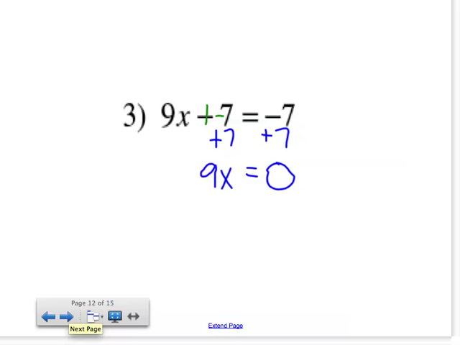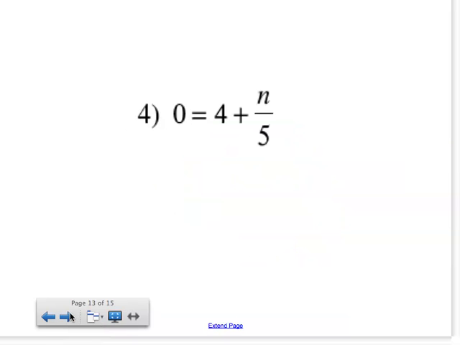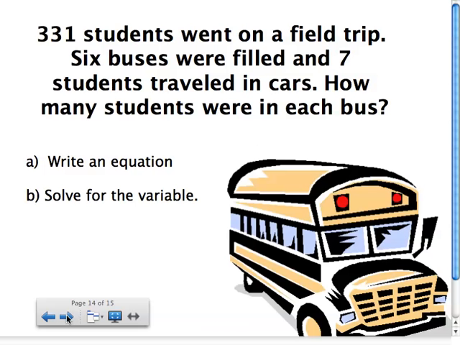All right, just to go through the steps, we're going to multiply by the reciprocal of the coefficient, which is 1/9. And 0 times 1/9 is always 0. Anything multiplied by 0 is 0, according to the zero property. And that's about all I really want you guys to do today, besides these 2